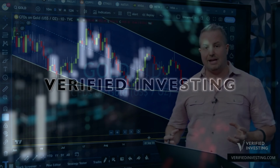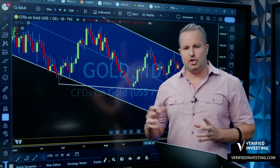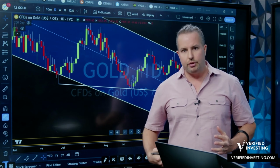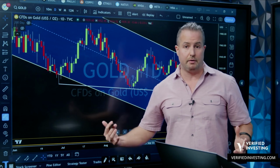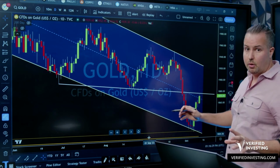Tons of alpha today in terms of education, and I love that. I really do, because I think that as much as a good trade setup helps you guys, it's the lessons that will stay with you, that will make you remember and do better on many trades going forward throughout your life. So one of the things that I've noticed, and this is something I want to bring to your attention,